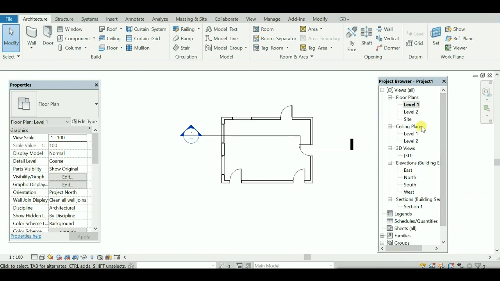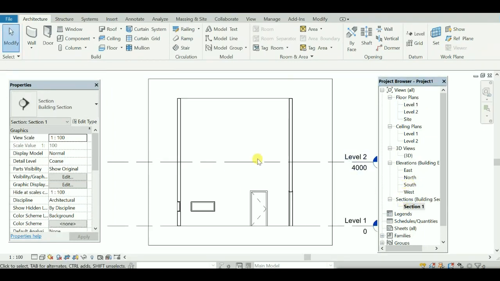Then we have this project browser, wherein we have each and every piece of information related to the project. Like you can say the floor plans can be visible, ceiling plans can be visible, the 3D or the elevation views, east, north, south, west. These elevation views are also visible.